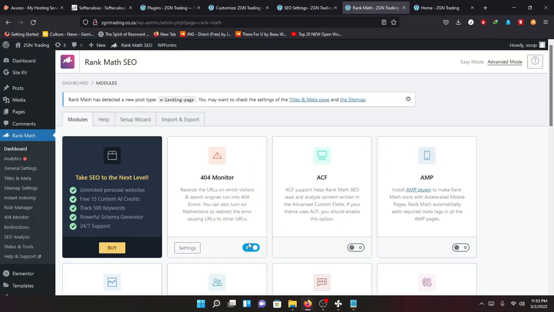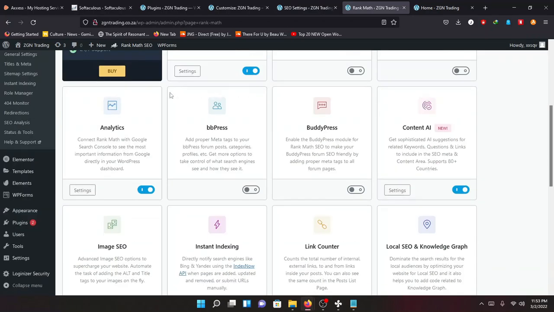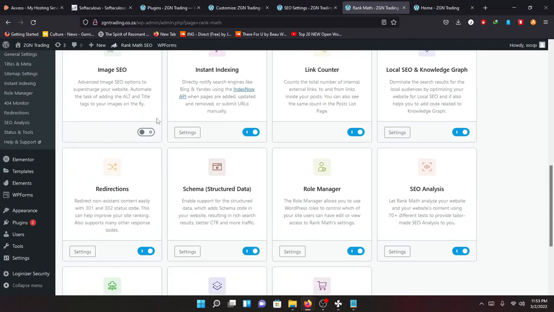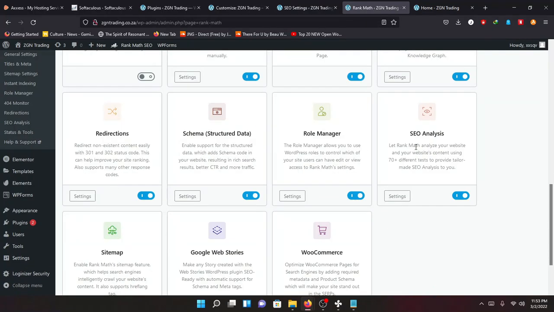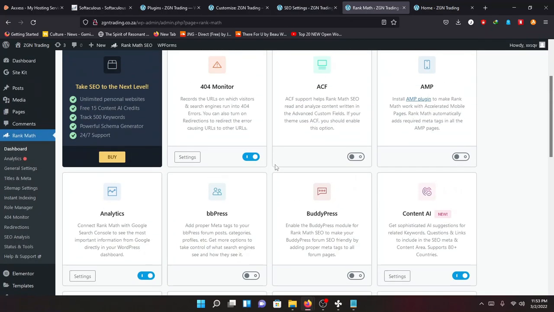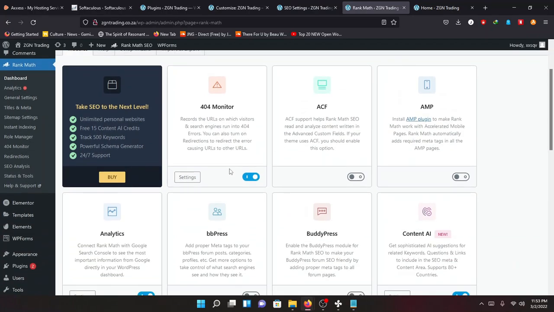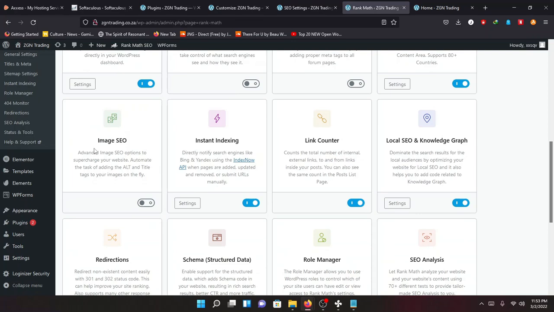All right, now we are brought here to modules. There are quite a lot of things here. Some are enabled, some are not enabled. Most of the things that are enabled are the things that we did while we were with the setup wizard. So it's the 404 monitor, analytics. You want to enable this one, image SEO. It's going to be very useful. Local SEO,